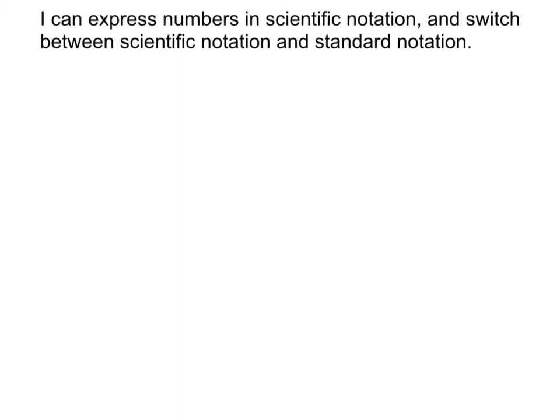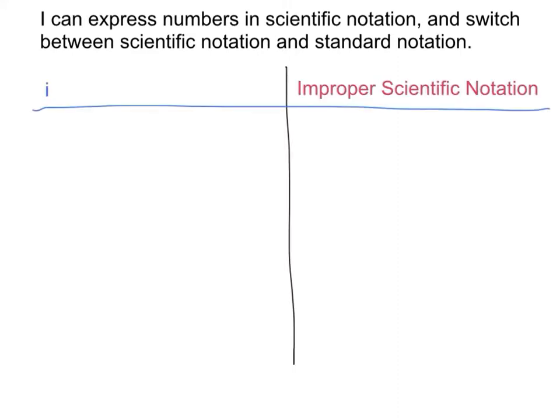You'll be able to express numbers in scientific notation and switch between scientific notation and standard notation. Now, there are two different ways you can write a number in scientific notation. You can use proper scientific notation, and you can also write it in improper scientific notation. For example, say I had a number